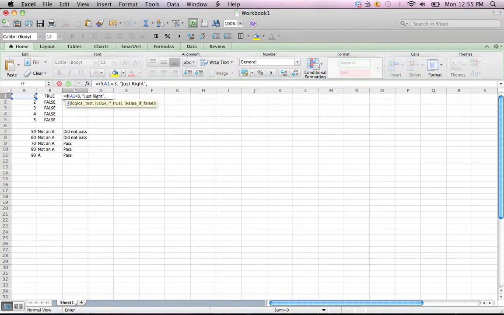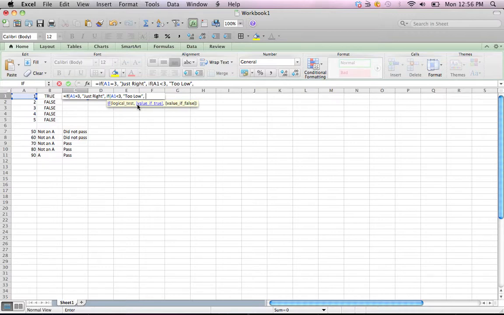Now let's say that I then want it to either output too low or too high. So what I can then do is instead of just putting false here, I type another if statement and open parentheses, and then I'll say A1 is less than 3, then the output I want is too low,